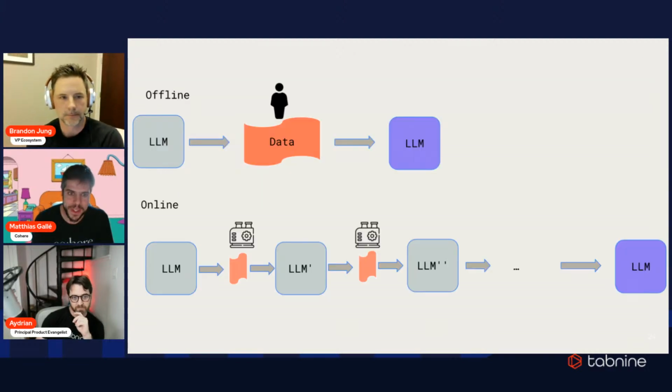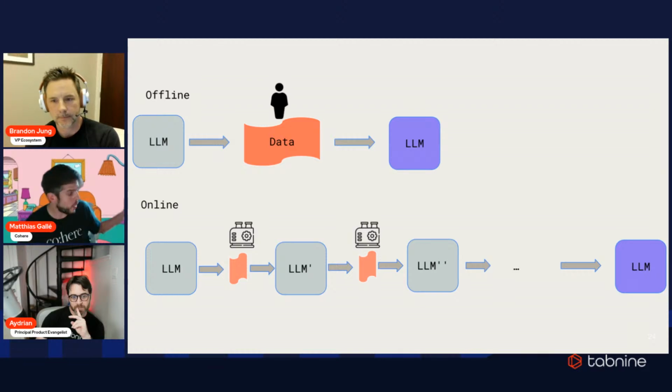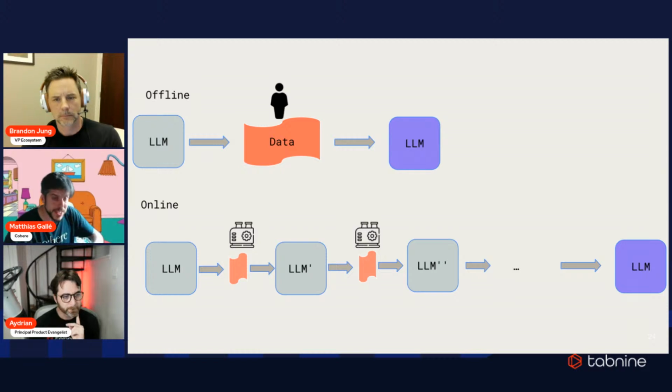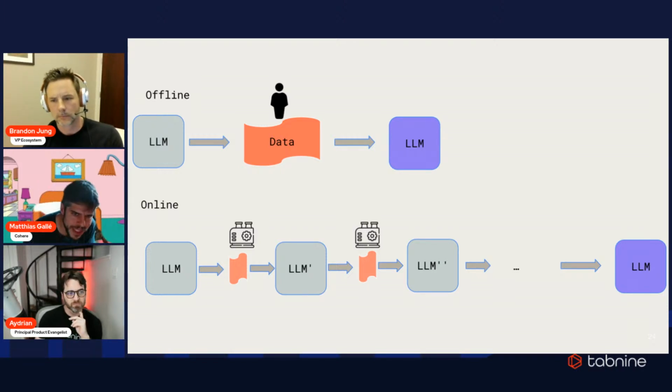And you might have seen some types of presentation of how reinforcement learning from human feedback works. I will just cover very quickly the second part here, which is the online part. The way it works is the following. You have an LLM, you generate a set of completions for a set of prompts, and then you have this weird machine here, which I drew, which is called a reward model.